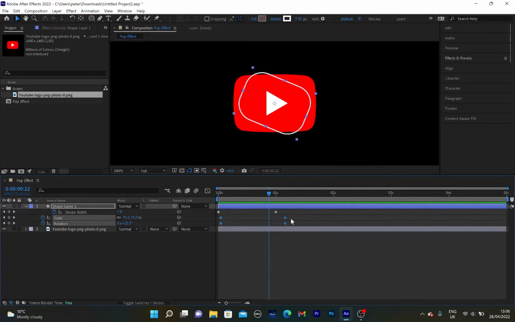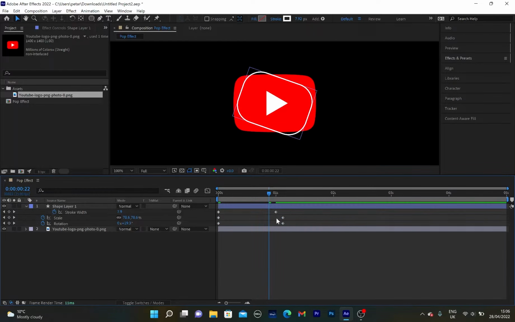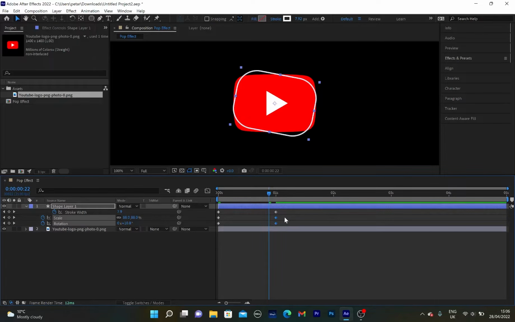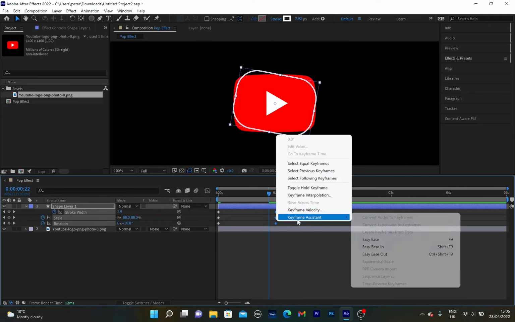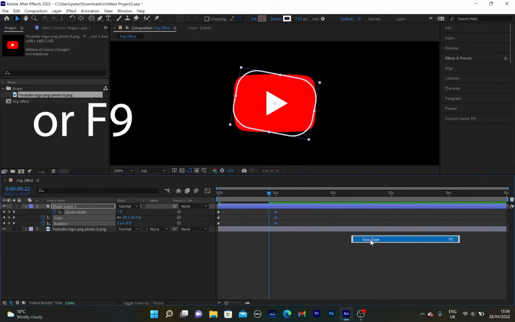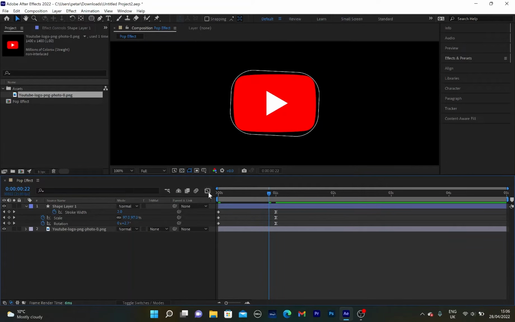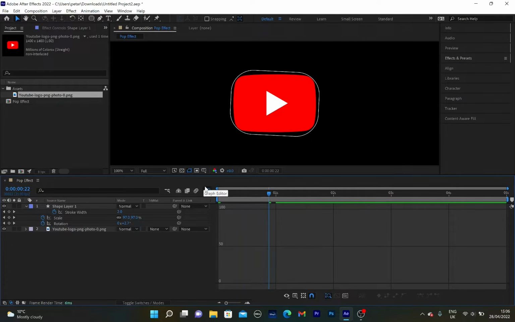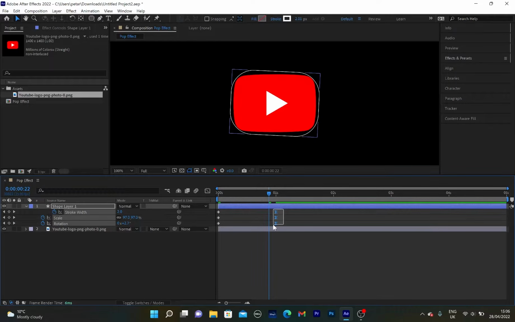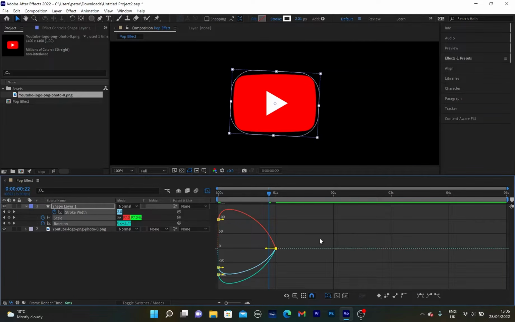I'm going to select the scale and rotation keyframes and line them up with the stroke width keyframes like that. Then I'm going to select the last 3 keyframes, right-click, go to Keyframe Assistant and Easy Ease. Then I'm going to open the Graph Editor, but first I need to select the last 3 keyframes. Open the Graph Editor, and if you don't see the same graph editor as me,